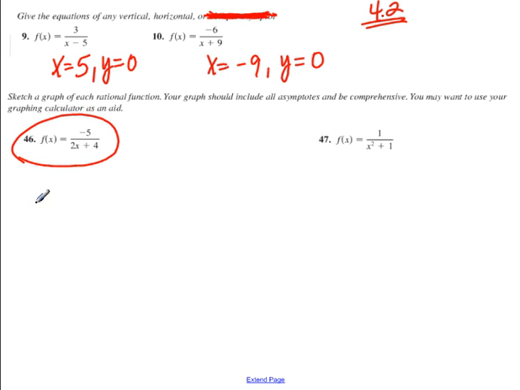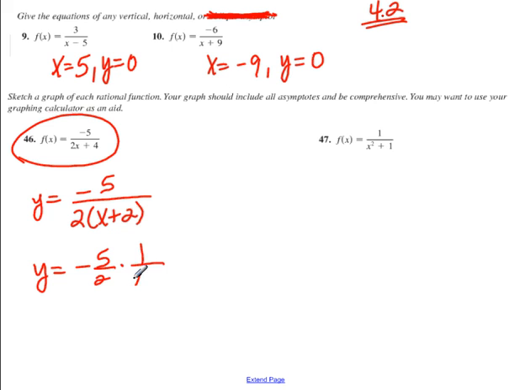So what you would need to do in that one, if you're going to do this by hand, is factor out the denominator. 2x plus 4 is the same thing as 2 times (x plus 2). So you can really think about this as negative 5 halves times 1 over (x plus 2) if you want to think of it that way, where you've got this stretch factor, reflection, and also shifting it left by 2 units. Okay, so that's going to take it left 2,